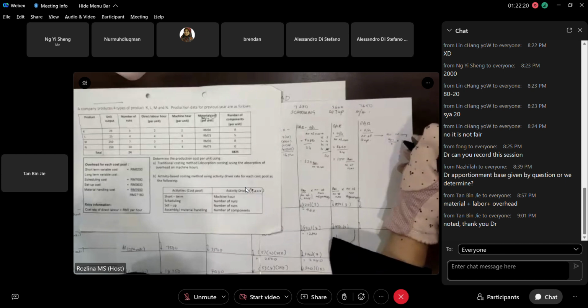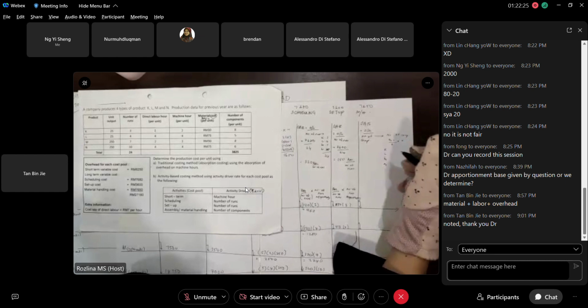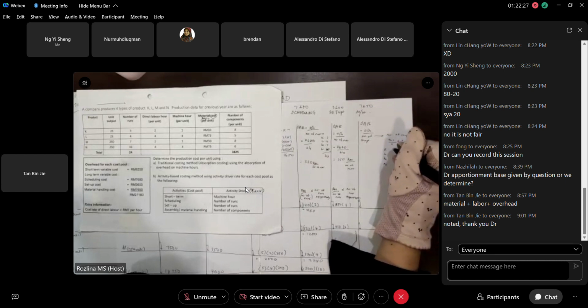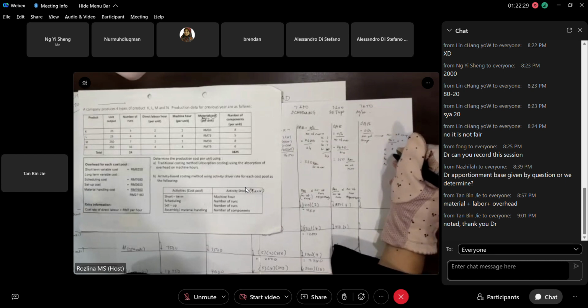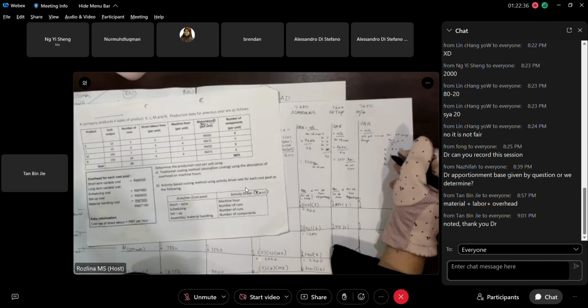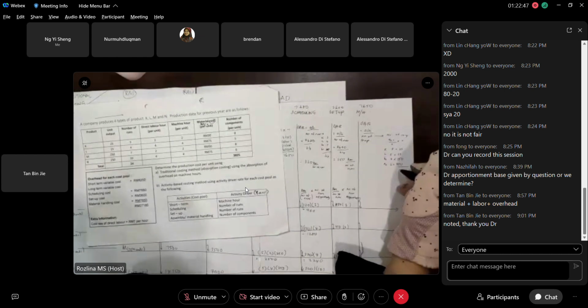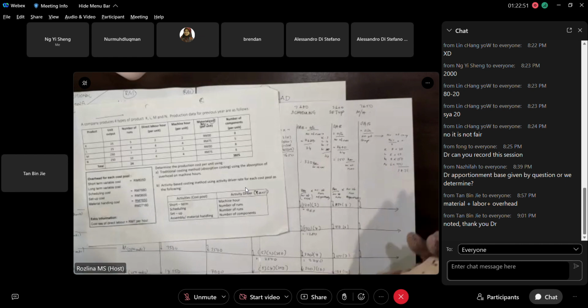Okay, so here you have number of components and number of component per unit. So you have to times with the unit. Okay, so K, L, M, N. And so the K is 8 number of component per unit. So must times with the unit 25, right? This one 5, 8, 6. So times dengan dia punya unit lah. Okay, you total up all these, you get 3825.